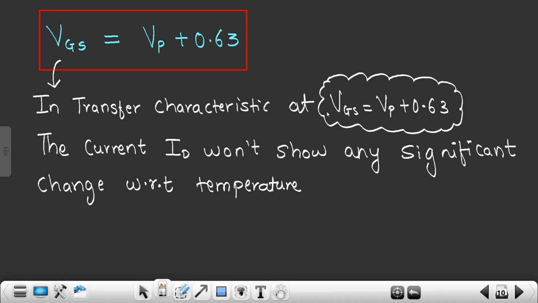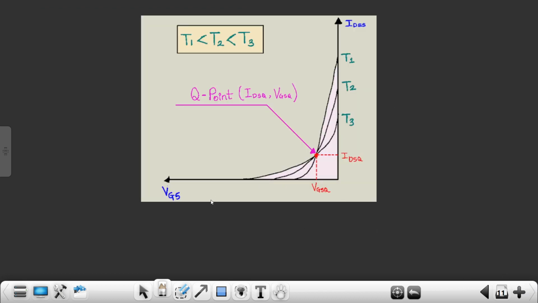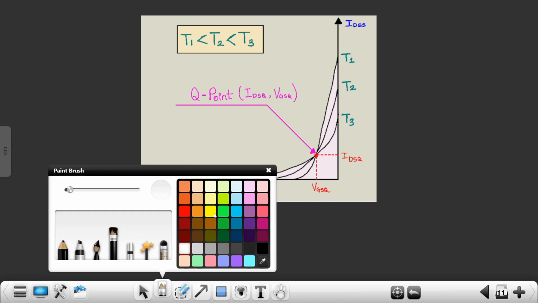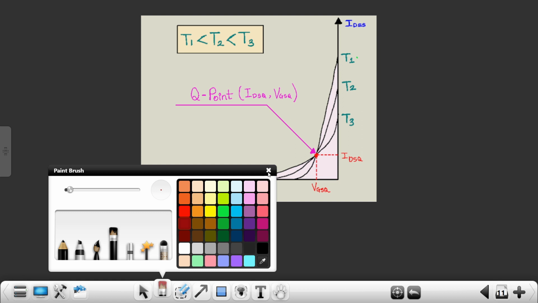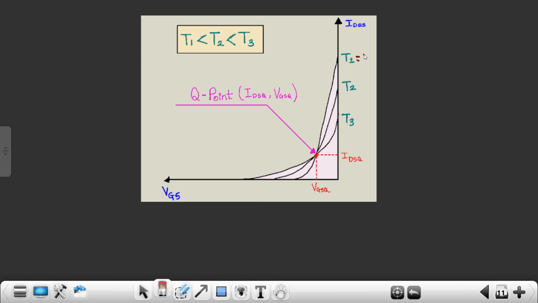Okay, that means at this particular point the JFET will show zero drift with respect to temperature. The current of the JFET will show zero drift with respect to temperature. And what is that particular point? So this is that particular point. So let me just show you one graph. So this is T1, T2, T3. So you can clearly see this is T1. Let's assume it is 25 degrees Celsius. So T1, let me take a different color, maybe this one. Yeah, so T1 is around 25 degrees Celsius, T2 is around maybe 30 degrees Celsius,